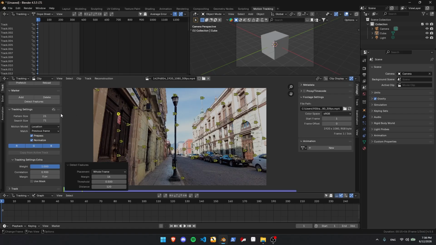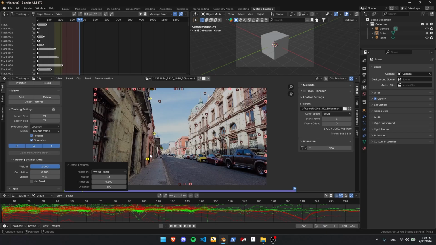But if you're too lazy like me, you can just click detect features, get a bunch of random points all over the screen, and then we'll continue from there. Now you can edit things like your threshold, so we're going to be putting this on 0.2. Our distance, so we're going to be putting this on 100. So as you can see, we got a few more points in here. But be careful with how many nodes you have, because if you have too many, then you can lag out your computer really easily. Now you want to press Control T, that's going to track it forward, and then don't